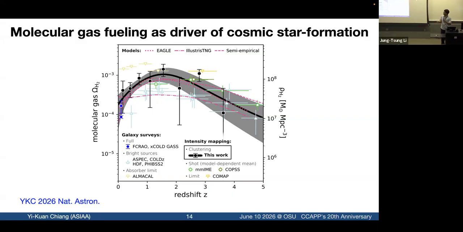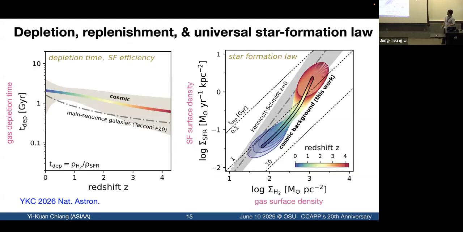And so this is not a discrepancy yet, because the galaxy surveys are not complete. Basically, they're not complete on the faint end, but also the bright end, because even the largest single data points here only have a tiny field that is much less than 1 square degree, with only a few tens of CO emitters in it. So they don't do extrapolation, and here we're using the intensity mapping method to probe the total CO background.